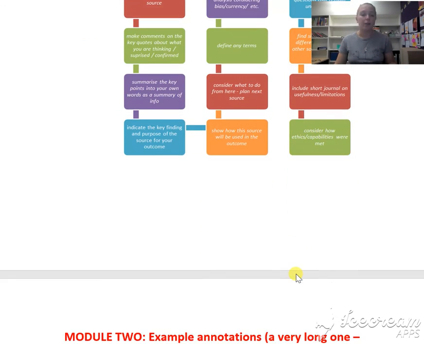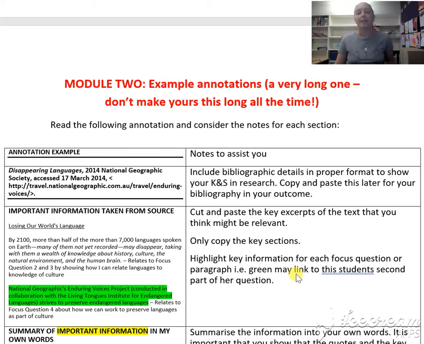So that's the first module of our annotations. I'm going to talk you through an example in a second, and you can use this as a guide. There's lots of resources available for annotating because it is a long process to begin with, but you